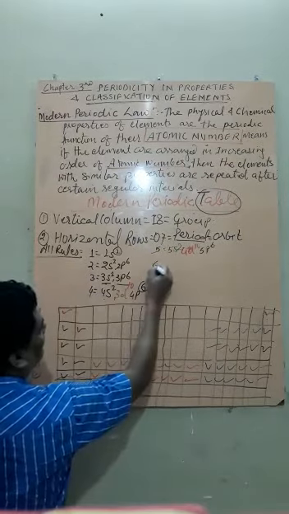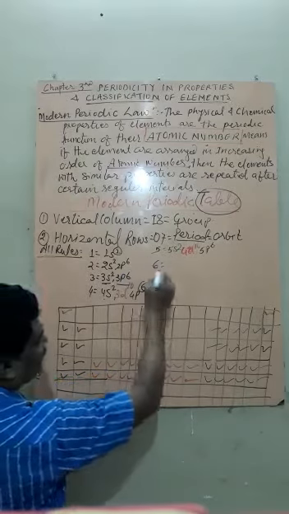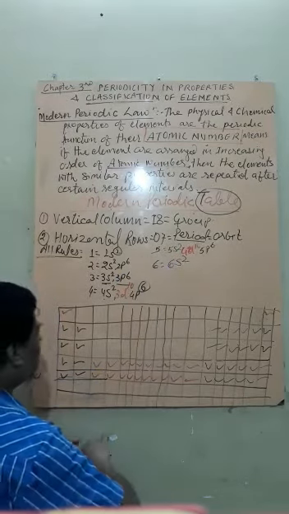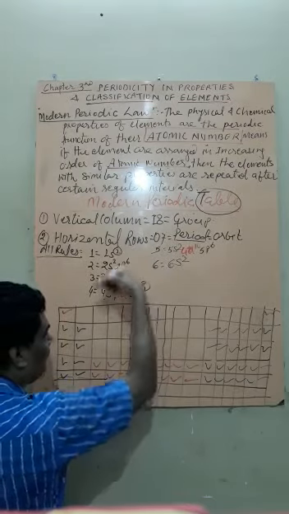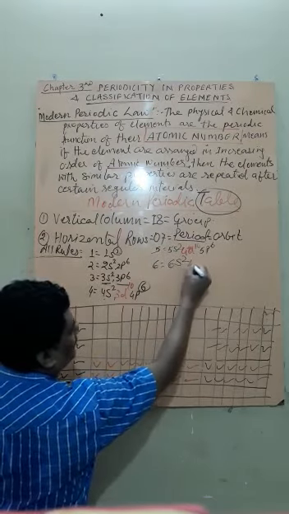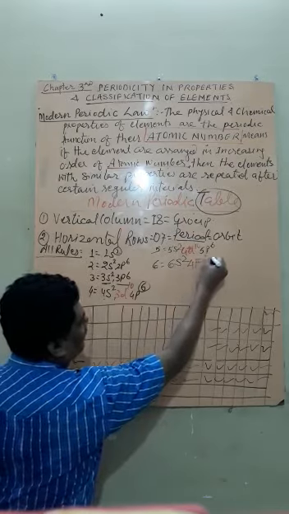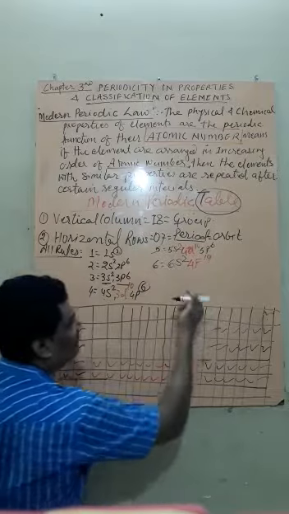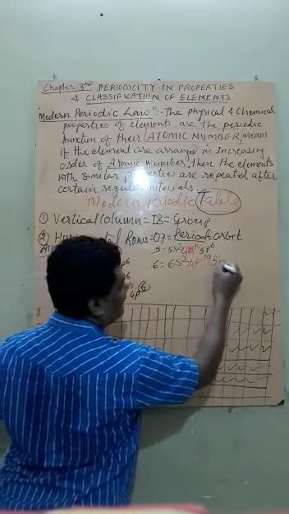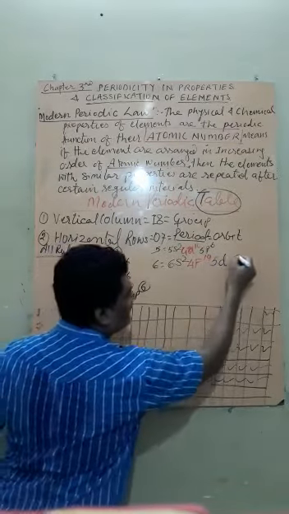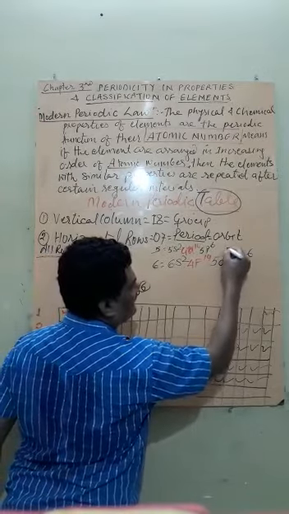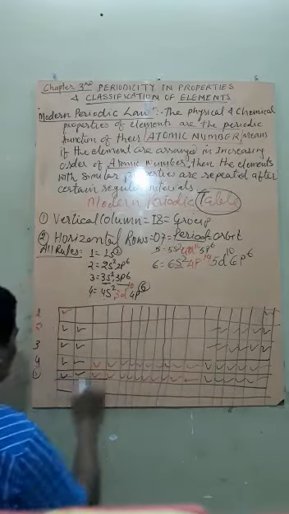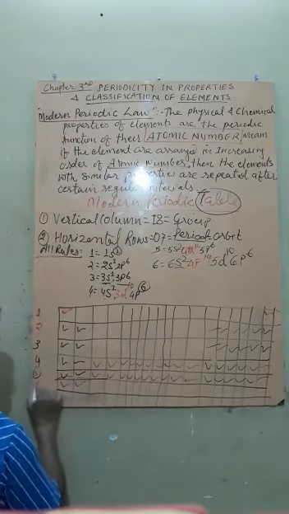Now come to period number 6, that is orbit number 6. Now this is 6s2. But after 6s, 4f. So there will be 4f, and how many electrons? 14 electrons. And after 4f, there will be 5d and then 6p6, and there 10 electrons in d. Now start filling. How many electrons are there? 2. So 2 electrons in the 6th period.